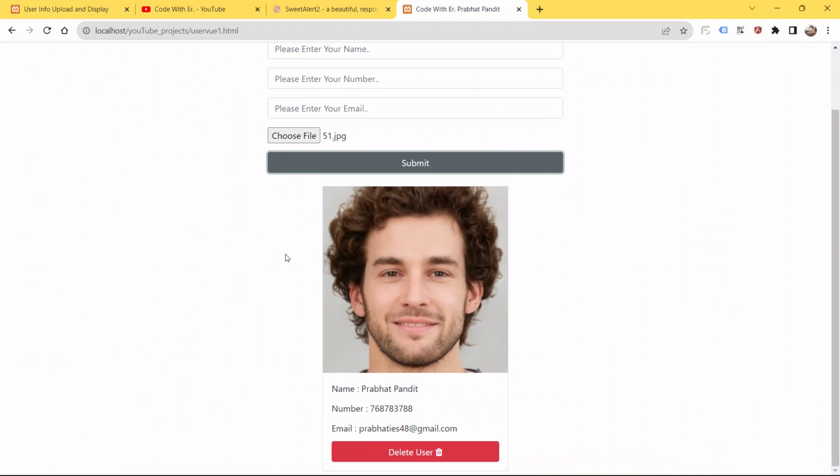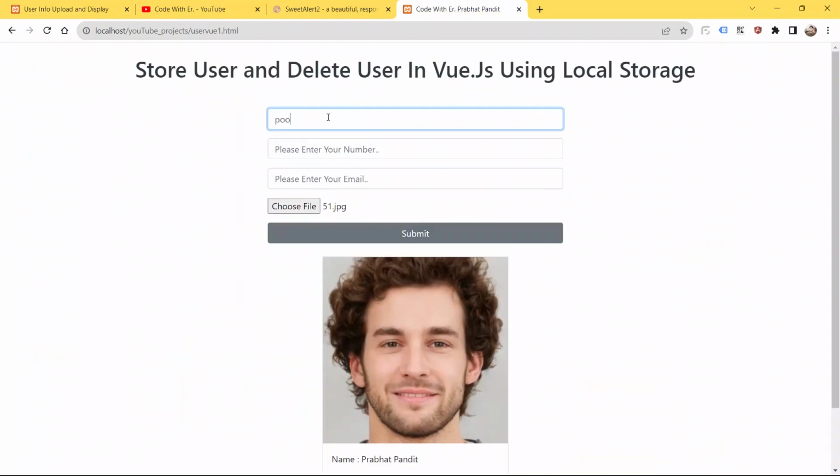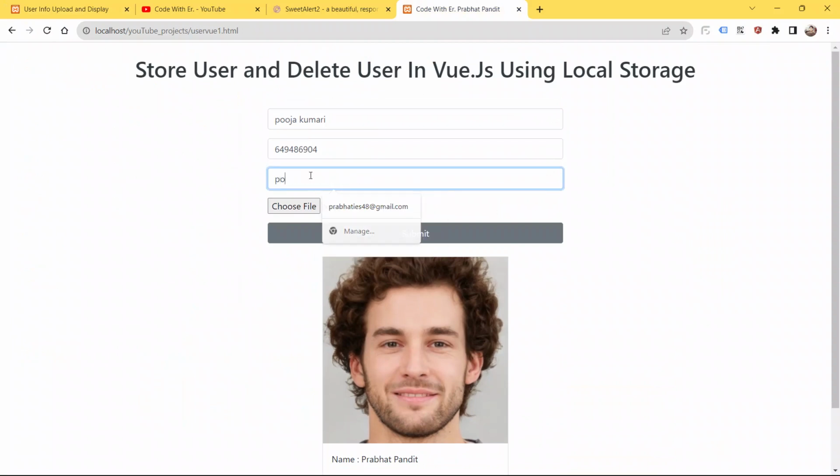Try to store some more users. So give Pooja Kumari, give a random number also, and give email also, Pooja@yahoo.com, and choose the file also.